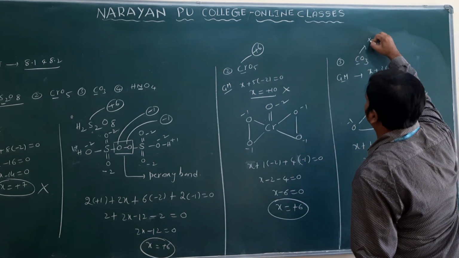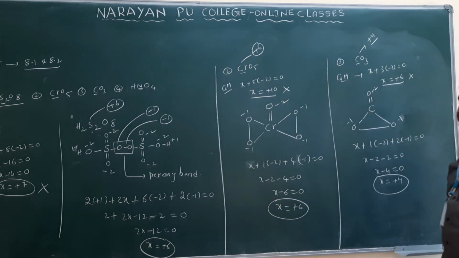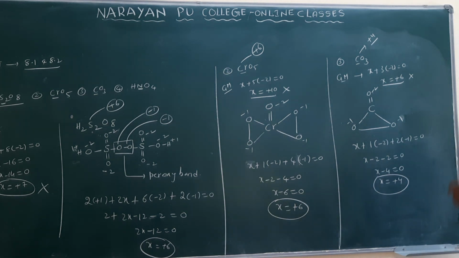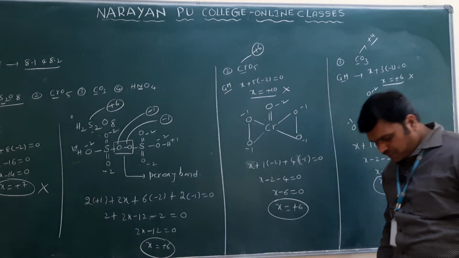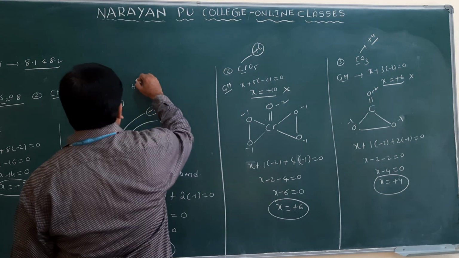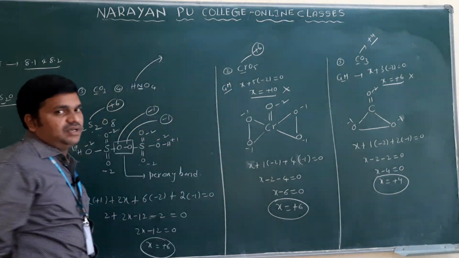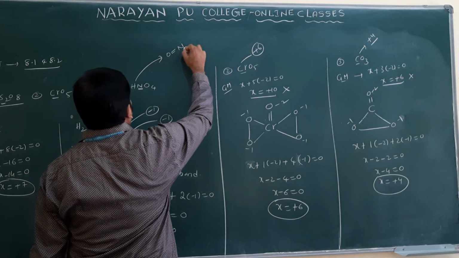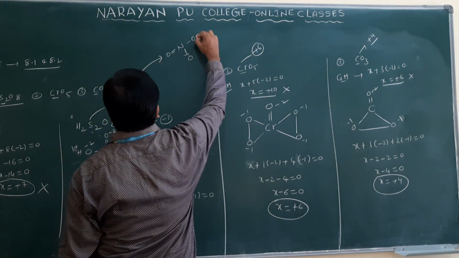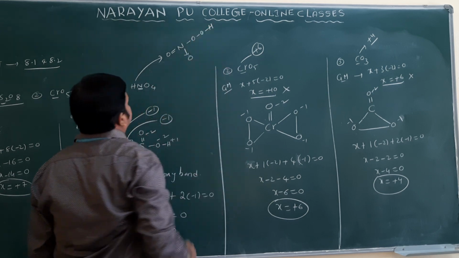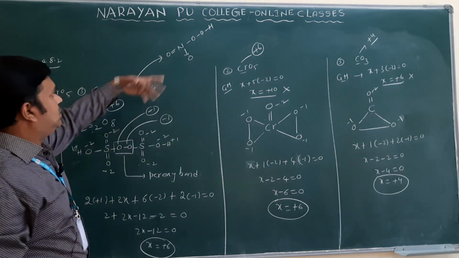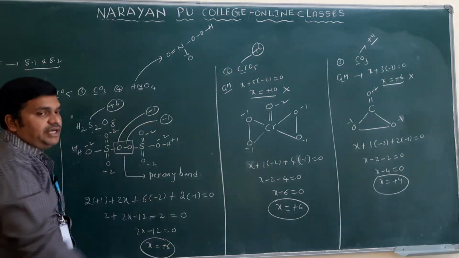What is the oxidation state of carbon in CO3? Plus 4, due to the peroxy linkage. And one more we have. What is the next example? We have HNO4, that is pernitric acid. If you take this example, directly I am writing it with the peroxy bond. Nitrogen, here double bond O and here double bond O. Here I will write O and OH. How many oxygens do we have? 4. How many hydrogens? 1, and 1 nitrogen.